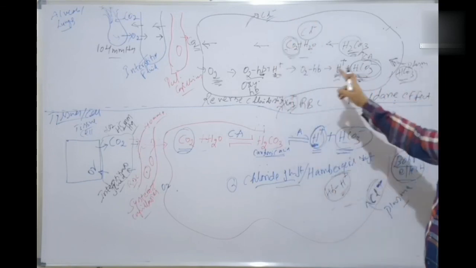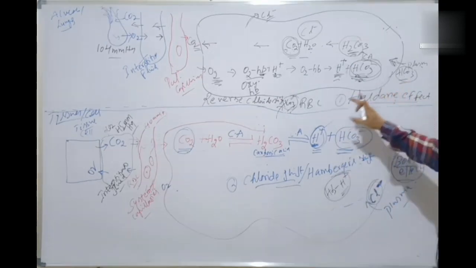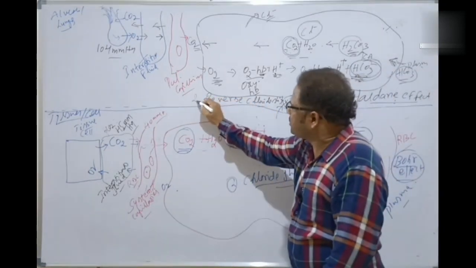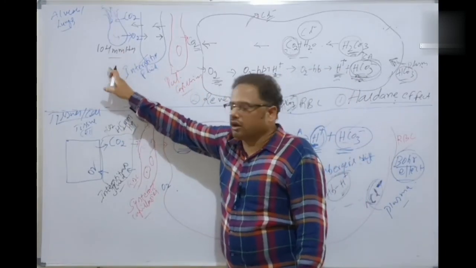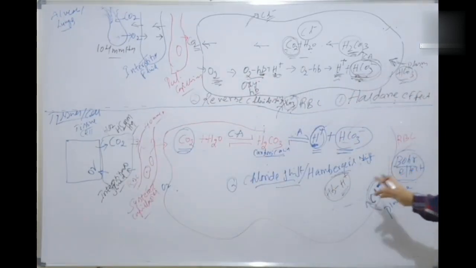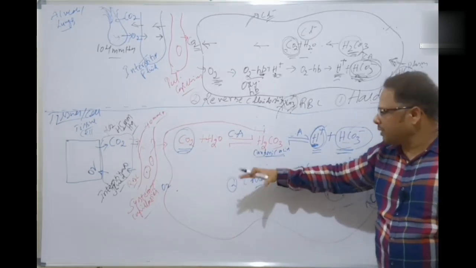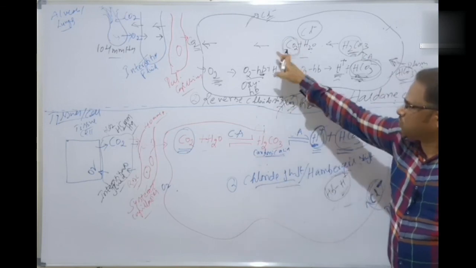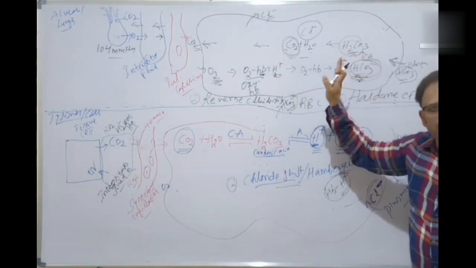So, what are the two phenomena observed here? One is called the Haldane effect, the other is called the reverse chloride shift, which are seen at the alveolar lungs. And two phenomena are seen in the case of the tissue cells. One is called the Bohr effect, the other is called the chloride shift. The reverse happens here. Here Bohr effect, there Haldane effect. It's absolutely clear, isn't it?